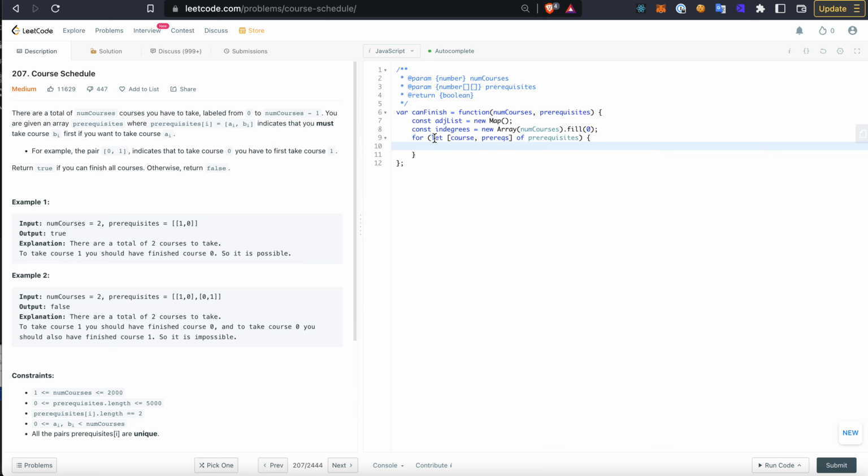So we want to both fill up the adjacency list and in degrees. So in degrees are simple. You just say, let's take this course. This course has one more prerequisite because it appeared in this prerequisites array. And then to build the adjacency list, if edge list dot has,